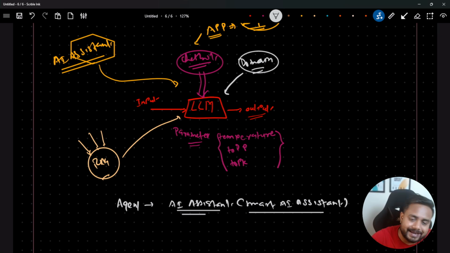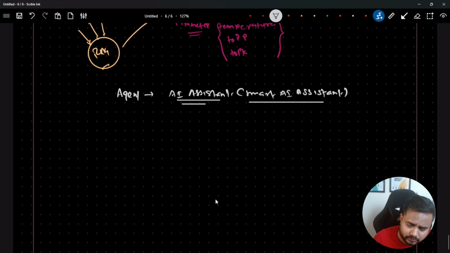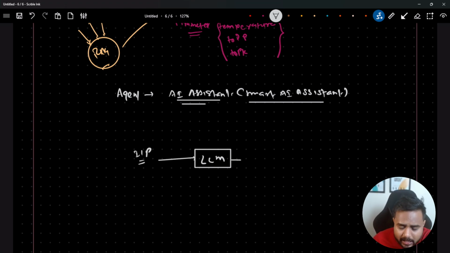So see guys, let's say we have an LLM. Here is my LLM. Now I want to generate something through my LLM. Let's say I am passing one input, and based on that, I am getting the output. Now let's say my LLM is not able to answer something, or I want to generate a real-time output. I'm taking both scenarios. So in this case, what I will do, see, I can connect this LLM with any third-party application,